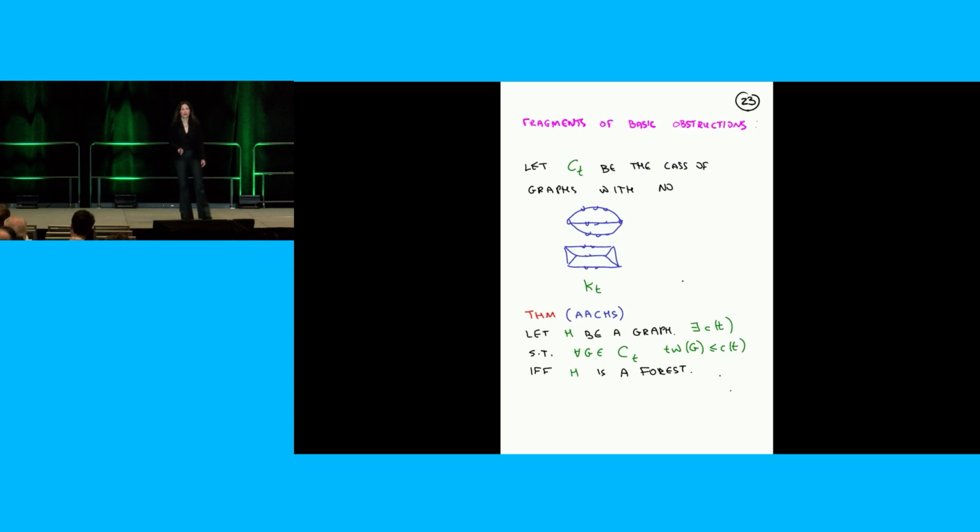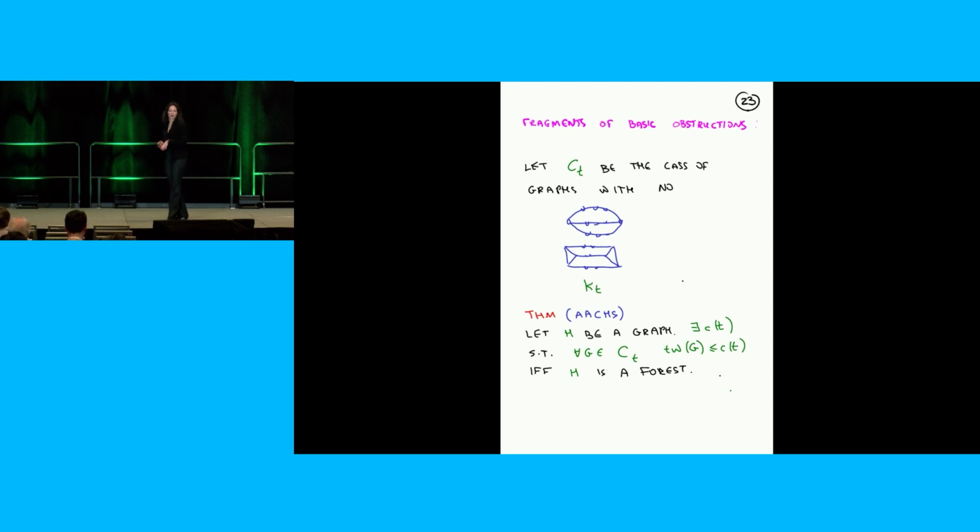So now let's go in a slightly different direction. Well, I know I have to exclude the basic abstractions, a big wall and the big line graph of a wall. And there are some other abstractions I need to deal with. Well, what if I make my life easier? I exclude a fragment of a basic abstraction. I don't say you don't contain a t by t wall. I say you don't contain something that every t by t wall contains. Right? So that's an easier problem. I've excluded a smaller thing, so what's left is a smaller family of graphs, so that's an easier problem. And you can have more fun with it.